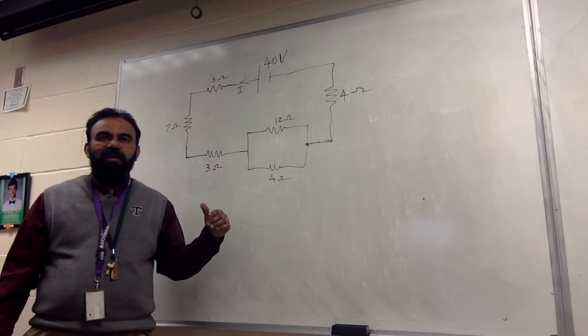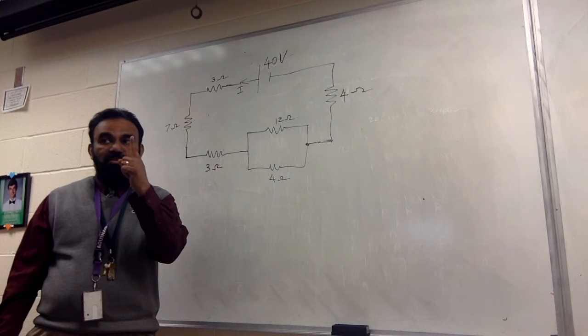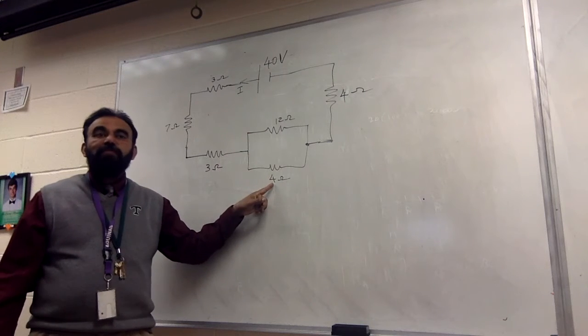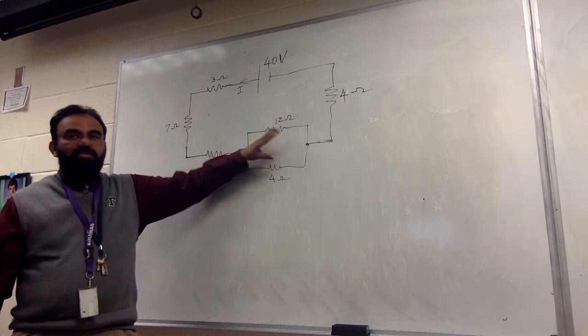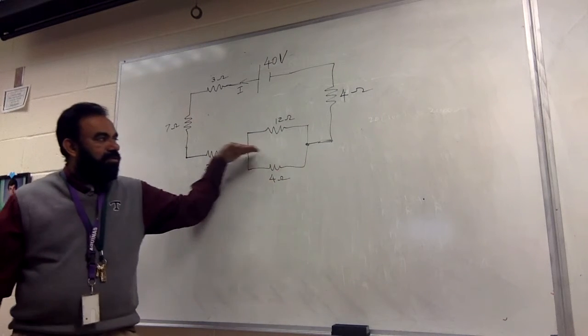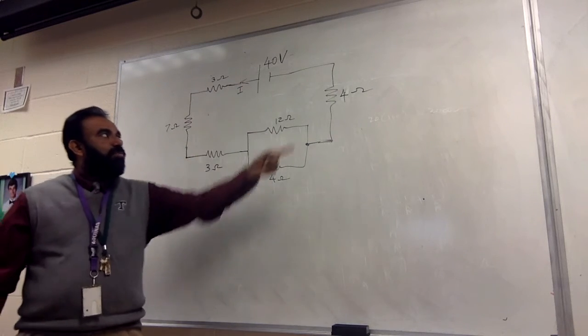12 and 4 are in parallel, and that is something that I can get rid of and replace with one resistance. So 12 and 4 in parallel gives you what? 3. Now once you replace this with 3, so imagine you erase this and put 3 here, with just one resistance of 3. Starting from here to back there,